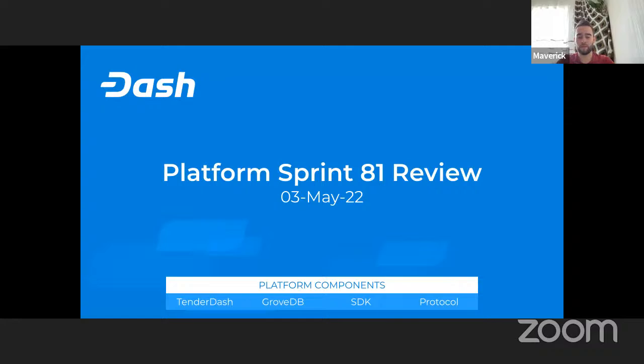The JavaScript SDK team was focused on providing a patch to version 0.22 with some cool and valuable features that were built on top of version 0.23. However, they have been delivered straight to the master branch, so that's easy to take usage of. And finally, the platform protocol team